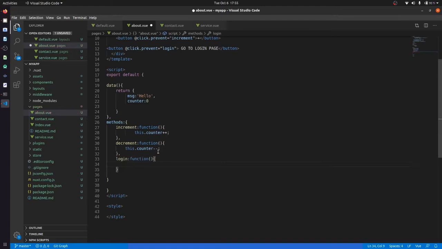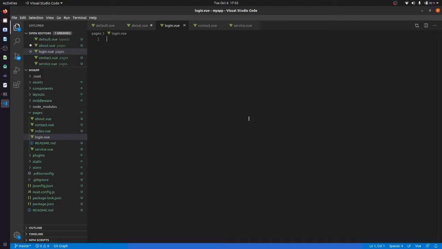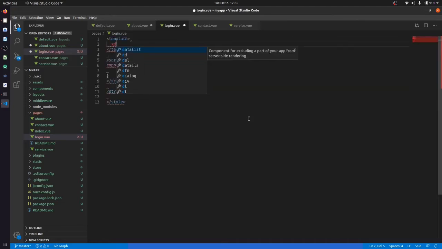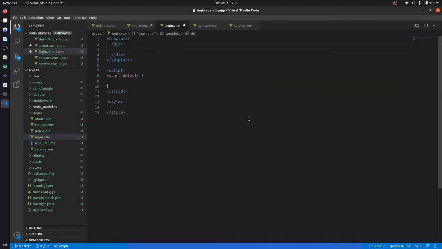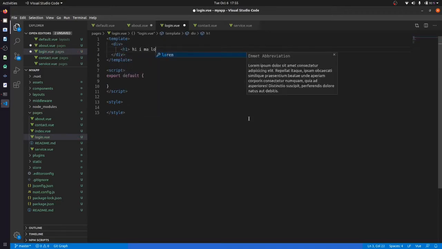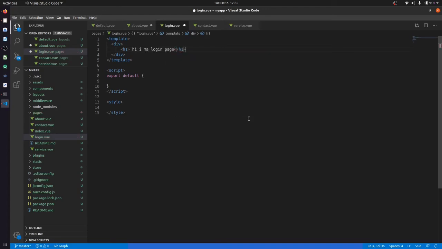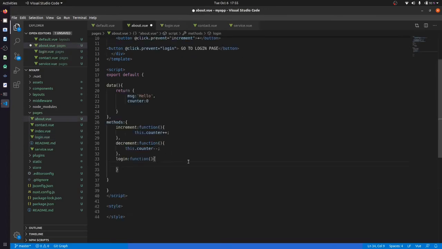We want to redirect to the login page, but before that we have to create a login page, login.vue. Just a template, a div, and an h1: hi I am login page. After that we want to route this application to our page.